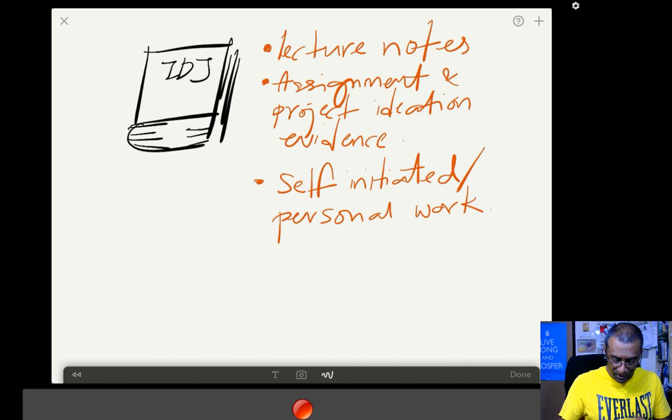So you have self-initiated work. If you do self-initiated work or personal projects, you still need to put ideation sketches there, or rough sketches, doodles, things that allowed you to arrive at your idea, or things that you may have translated from your mind, that represent some of the solutions that you discovered as you were trying to make sense of what you were trying to do on your own. Whether it's making a kite, or creating furniture, or inventing your own aquarium. I don't know. It doesn't matter what you're doing, and it doesn't matter what kind of personal project you do,